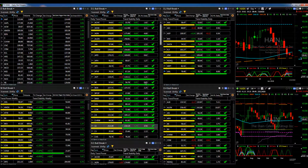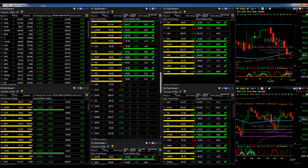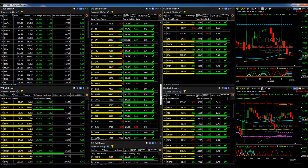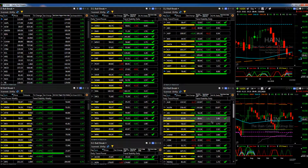I'm going to slide this down and let you see what's down below here. Actually, I'm going to have to give it in three parts. There were so many. You've got another chance to pause to get a look at the ones that came in down here, and then we're going to add a few more to the bottom as I slide it down even more. So yesterday was a huge day of breakouts,